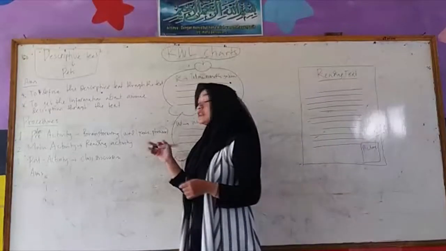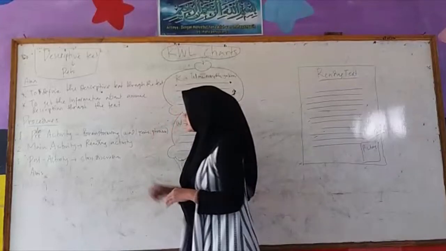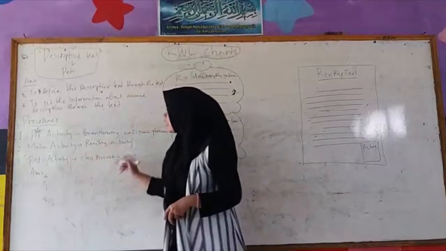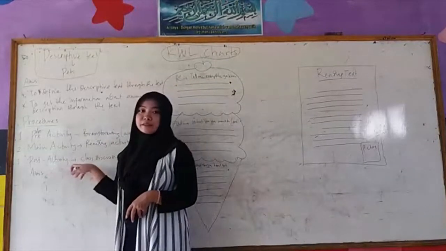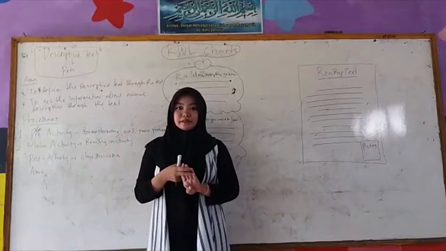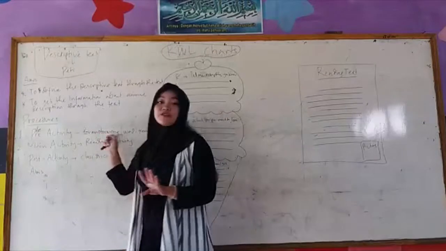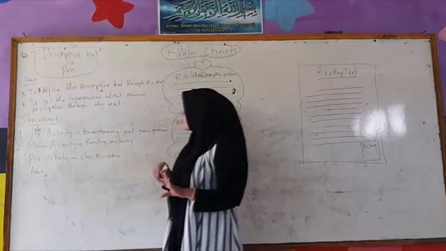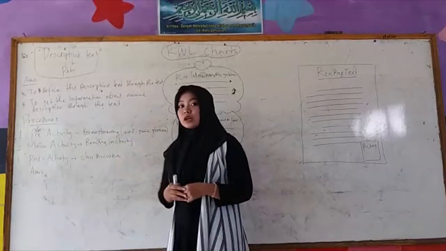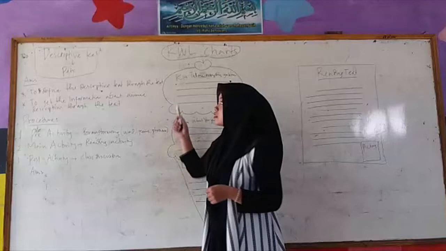Okay, there are three procedures in this lesson plan. The first is pre-activity, the second is mid-activity, and the third is post-activity. In the pre-activity, there are 4 steps, namely brainstorming. The first step is the teachers ask the students a question related to the topic